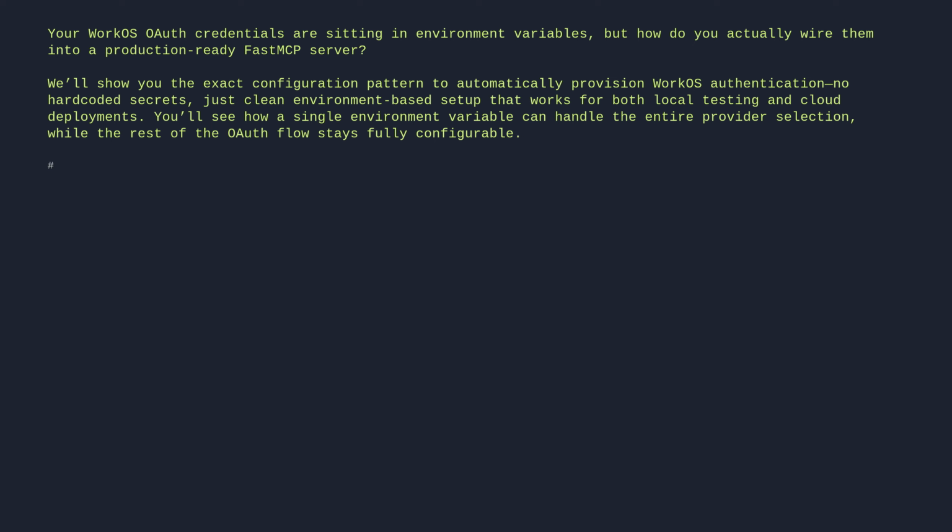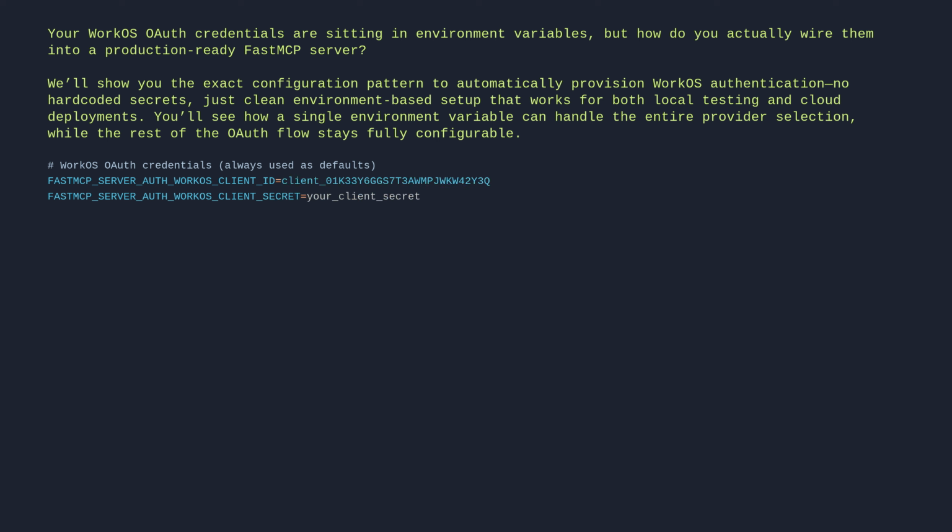# WorkOS OAuth credentials, always used as defaults. FASTMCP_SERVER_AUTH_WORKOS_CLIENT_ID equals client_01K33Y6GGS7T3OMPJQA42Y3Q. FASTMCP_SERVER_AUTH_WORKOS_CLIENT_SECRET equals your client secret. FASTMCP_SERVER_AUTH_WORKOS_AUTHKIT_DOMAIN equals